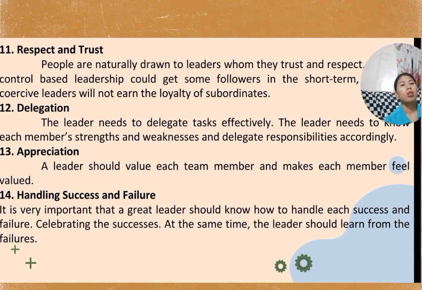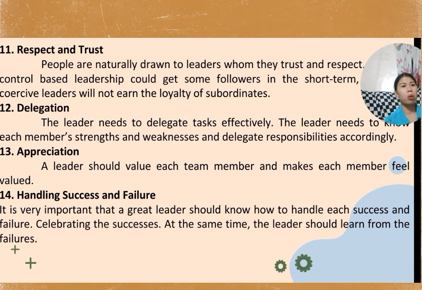So the next one is delegation. The leader needs to delegate tasks efficiently. The leader needs to know each member's strengths and weaknesses and delegate responsibilities accordingly. We already discussed this in the different behavioral styles of leadership. So you must delegate your tasks effectively and evenly. You must know the strengths and weaknesses of your members, and delegate your responsibilities accordingly. This would make the team members feel appreciated and recognized